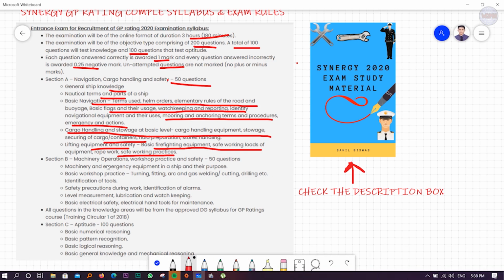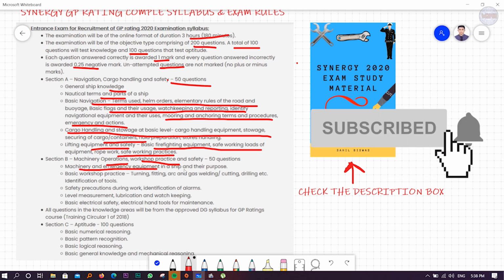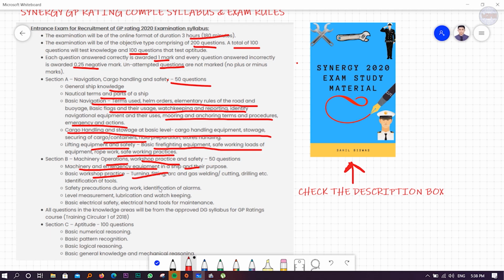Machinery operations, workshop practice, safety. 50 questions will be there, each consisting of 1 mark. Machinery, emergency equipment, ship, their purpose, basic workshop practices, such as turning, fitting, arc and gas welding, cutting, drilling, etc. Identification of tools, safety precautions during work, identification of alarms, level measurement, lubrication and watchkeeping, basic electrical safety, electrical